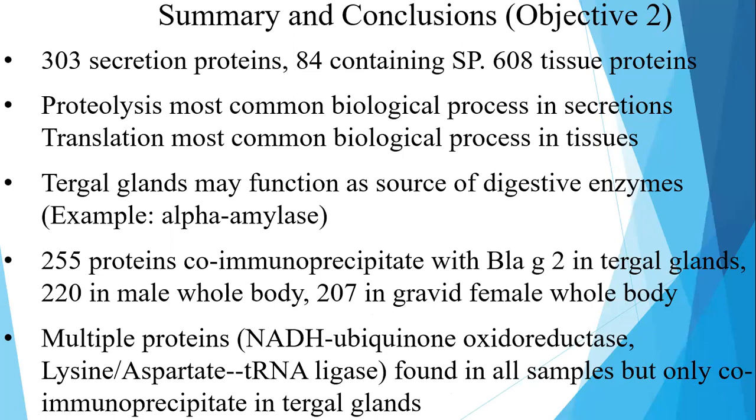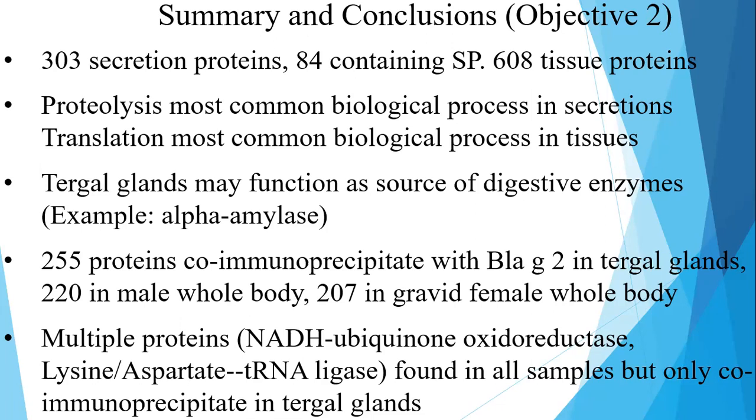Translation is the most common biological process in the tissues. Tergal glands may function as a source of digestive enzymes, for example, alpha amylase, and 255 proteins co-immunoprecipitate with Blot2 in the Tergal glands, and 220 in the male whole body, 207 in the Gravid female whole body. So essentially, what may be happening here is that the Tergal glands have evolved to be a secondary